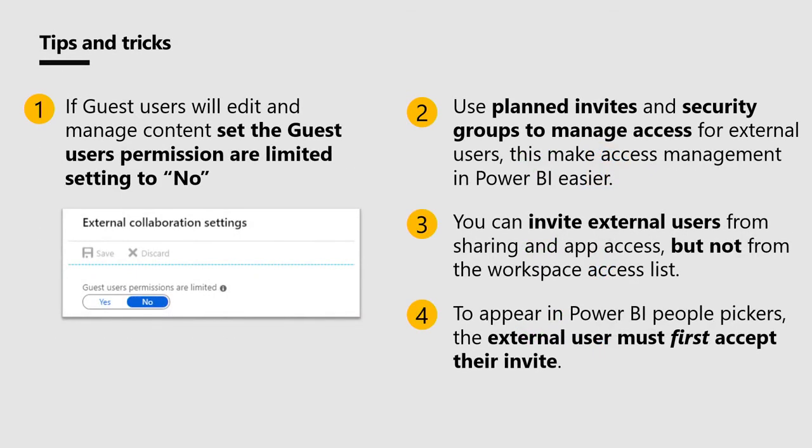A few little tips and tricks for you as we close out. The first one, I already mentioned during the demo, but it's really, really important. In the Azure AD external collaboration settings, they've locked down directory access. So if you go into the sharing UI and you try to type someone's name, if this is set to yes, and this one here is set to yes, what happens is the user can't see anything. And so it's not going to be very good for editing and managing content. So you want to set it to no.